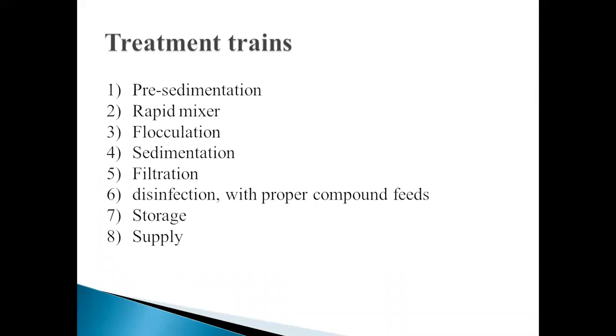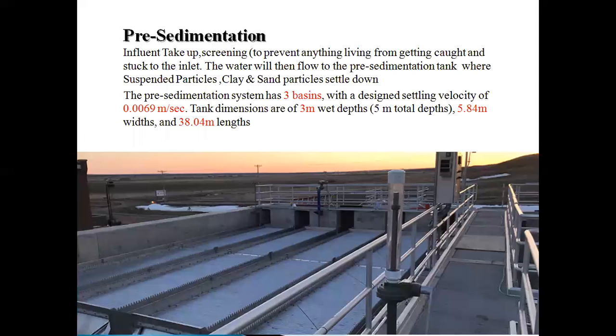Next is the treatment train. The treatment train for my proposed project is: sedimentation tank, rapid mixing, flocculation, sedimentation, filtration, and disinfection with proper compounds, storage and supply. This is the first step of the treatment train for my proposed design. The water which I take from the river Indus